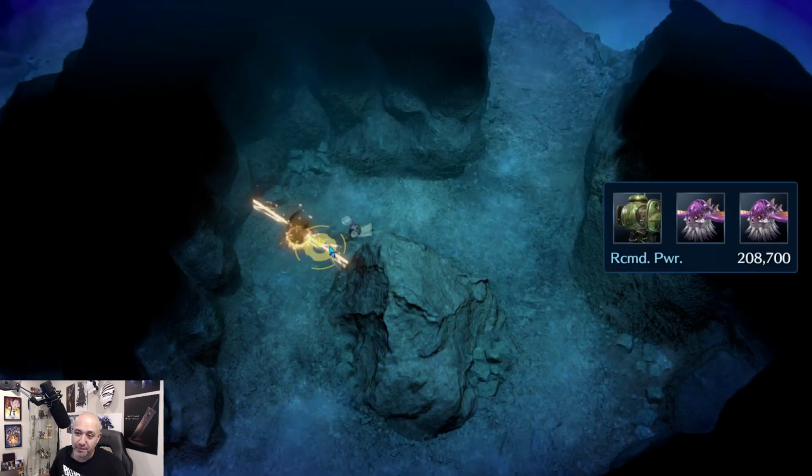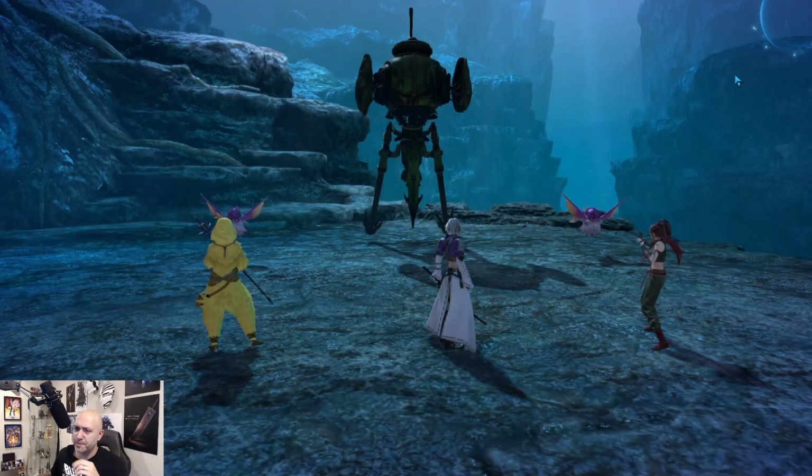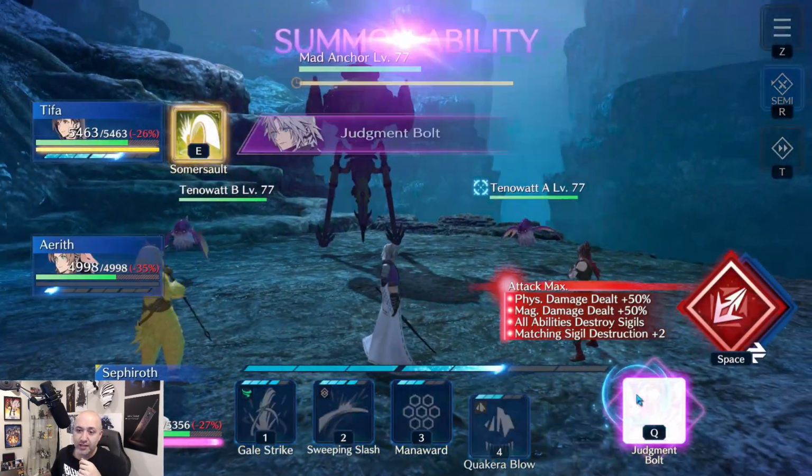All right, here we go. So doing the next fight now. The Mad Anchor obviously does a couple different things. It is weak to wind, but when it does its scanning move, I forgot what it's called. Special treatment or something? I forgot. Anyways, it does do...